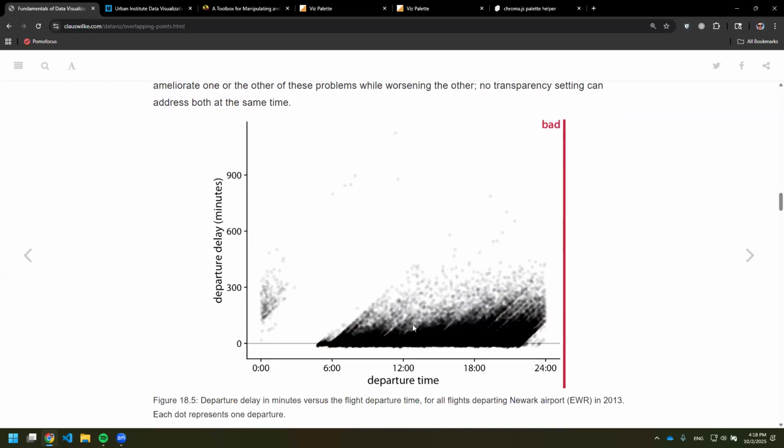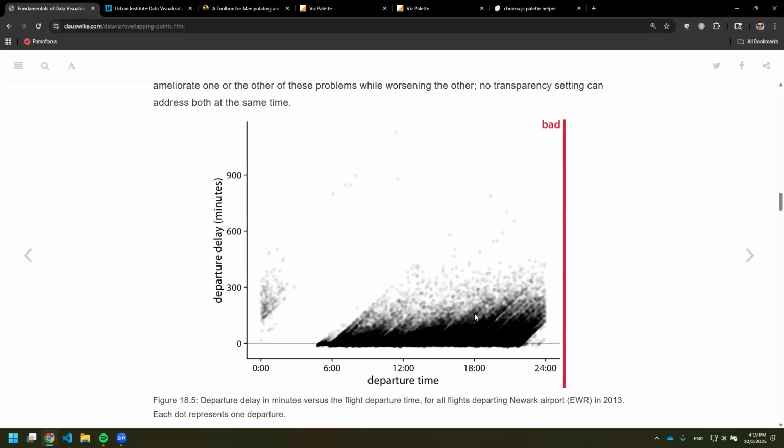Here, we're plotting flight departure times. So this is the departure time on the x-axis, so when the flight leaves, or if it's scheduled to leave or actually leaves, I forget which. And then the delay in minutes, right? So here we can see it's just a really thick mess of points. It's a little hard to discern patterns. You can see that there are lots of flights in this area. But because of the extent of the overplotting, it's difficult to gauge,